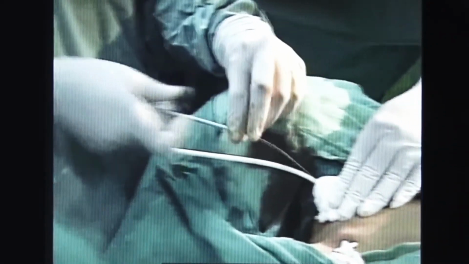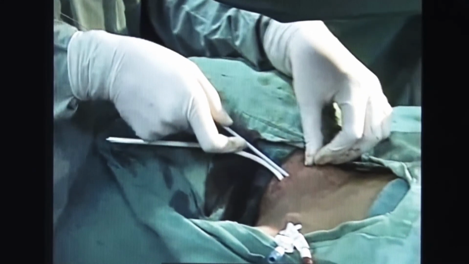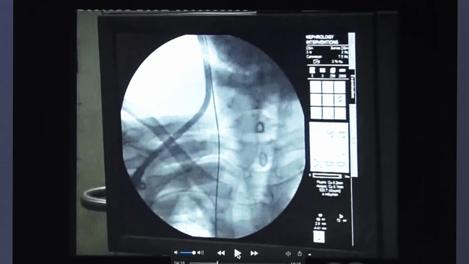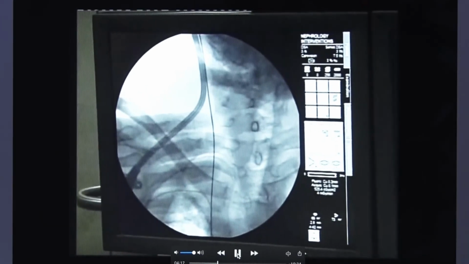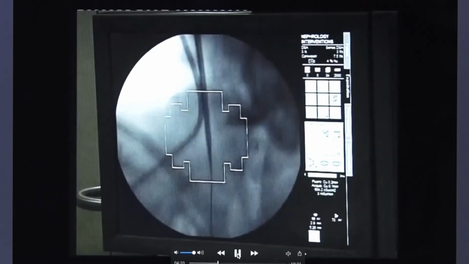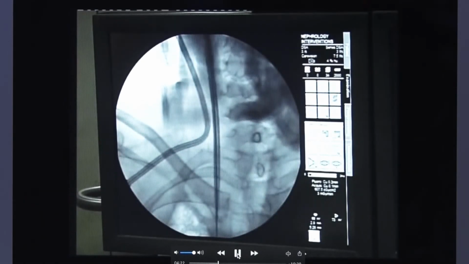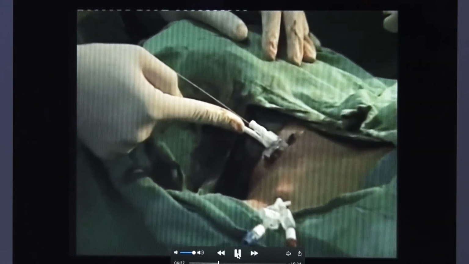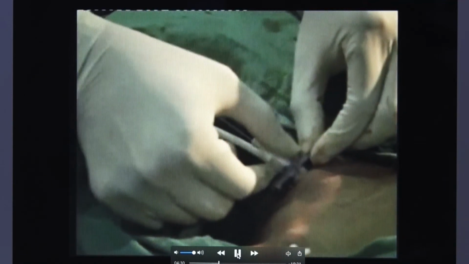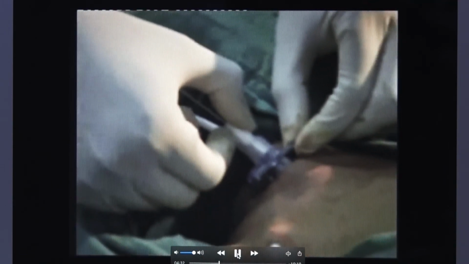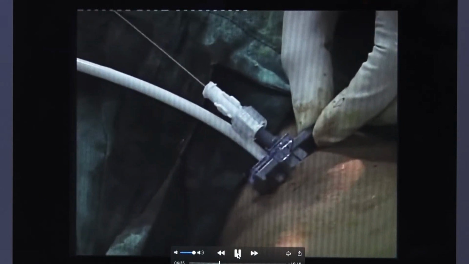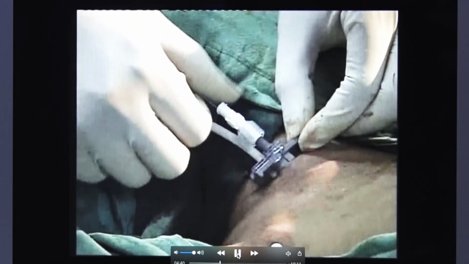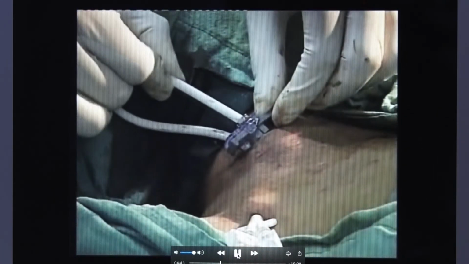Now we are using the serial dilatation. It is important again to do all dilatation under fluoroscopic guidance. So serial dilatation by the catheters under fluoroscopic guidance, there are two dilators, the smaller one and the bigger one, and then you put in the sheath. The peel apart sheath is already inside, and then we will take out the dilator along with the guide wire.